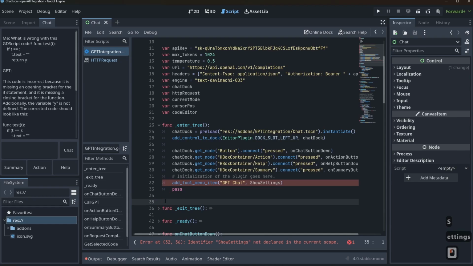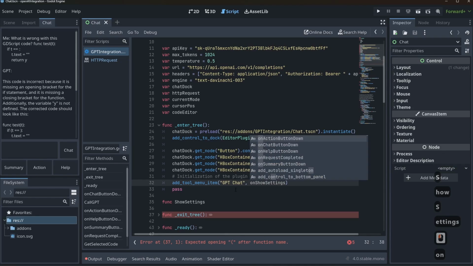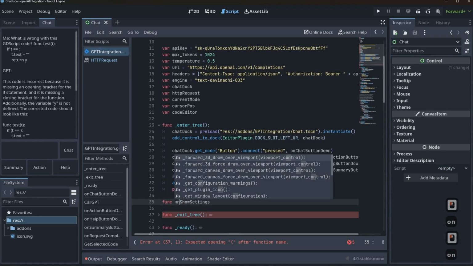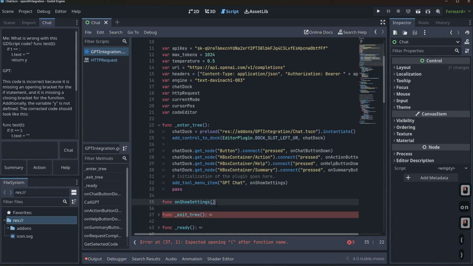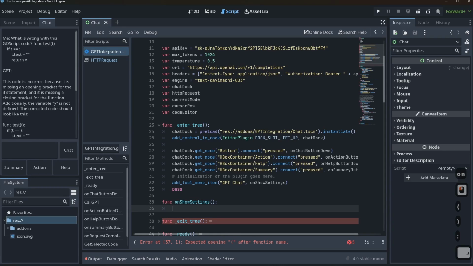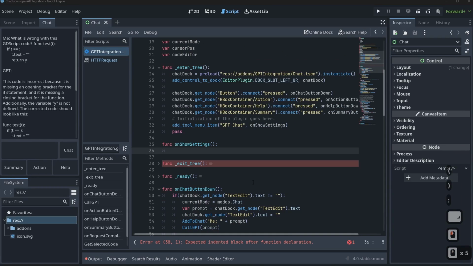And then just for sake of brevity, I'll come down here and just say func show settings. And actually, I think I should probably stick with the on show settings. That way it helps with keeping that naming convention going. And once we have that, now we can basically show a settings menu of some kind. We can actually run some code. Now, in our case, we actually don't have any